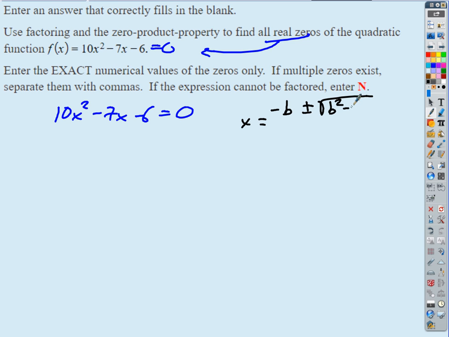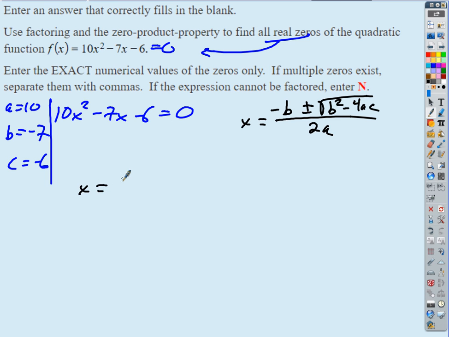b squared minus 4ac, divided by 2a. That's so nice. Okay, so then we'll just plug in our values of a, b, and c. So what's a? 10. What's b? What's c? Okay, so if I plug those in, we're just going to get x equals 7 plus or minus the square